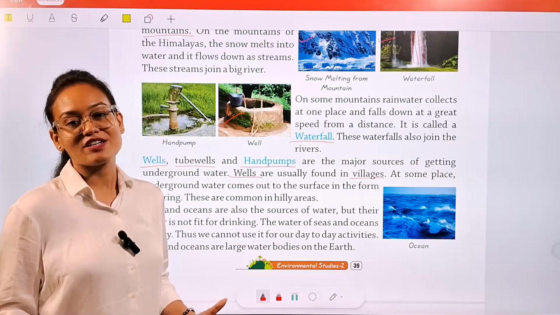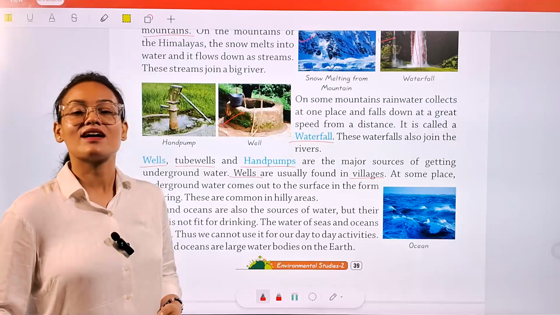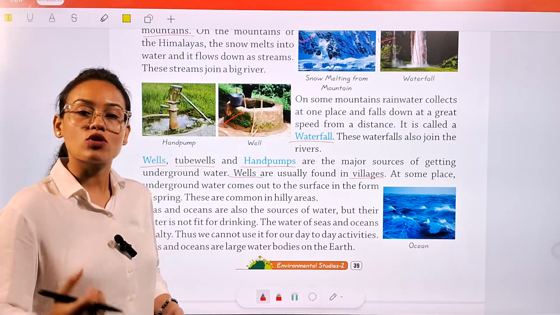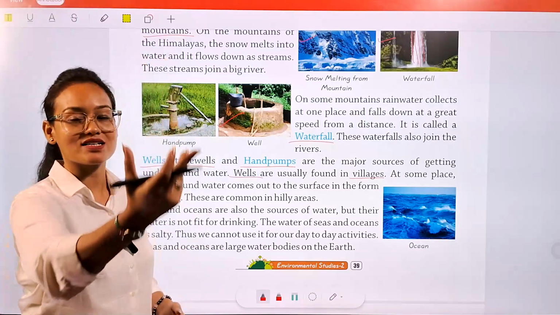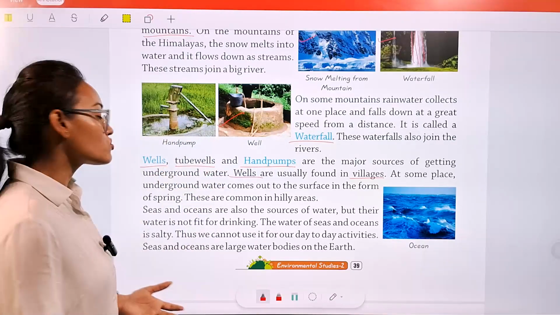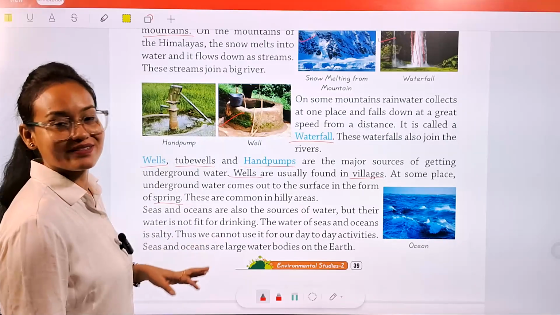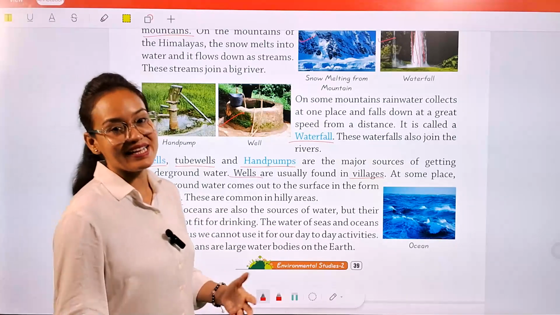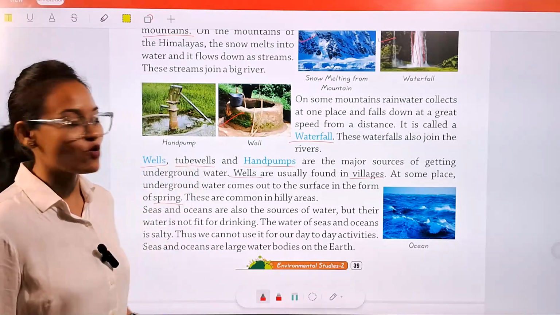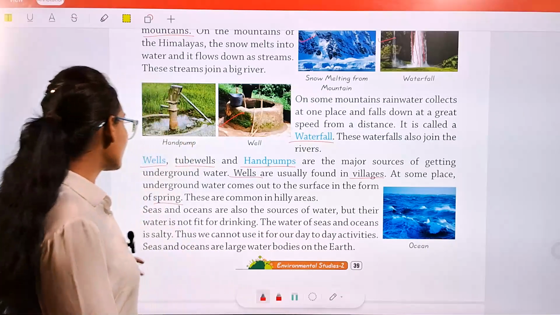बहुत सारी जगहों पे माय डियर स्टूडेंट जो रेनफॉल का पानी है, जब वो अंडरग्राउंड पोर होके चला जाता है, तो कभी कभी क्या होता है, वो ग्राउंड वाटर ना बाहर आ जाता है, मतलब पानी बाहर आ जाता है। तो जो वो ग्राउंड वाटर की पानी को बाहर आता है ना, वो उसको कहा जाता है स्प्रिंग, ठीक है। तो स्प्रिंग से भी हमें पानी मिलता है, ठीक है। These are commonly in hilly areas, ये भी hilly areas में कॉमन है स्प्रिंग का, ठीक है। Seas and oceans are also the source of water, but their water is